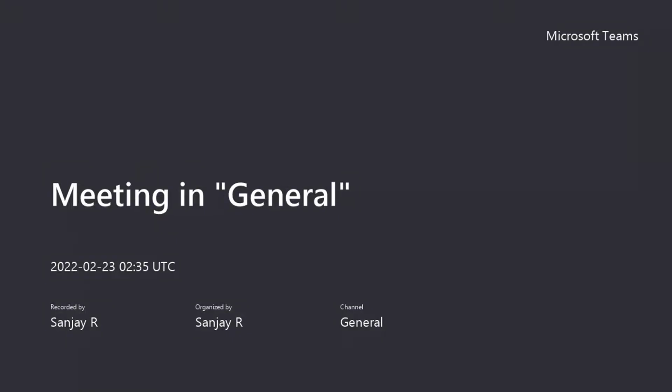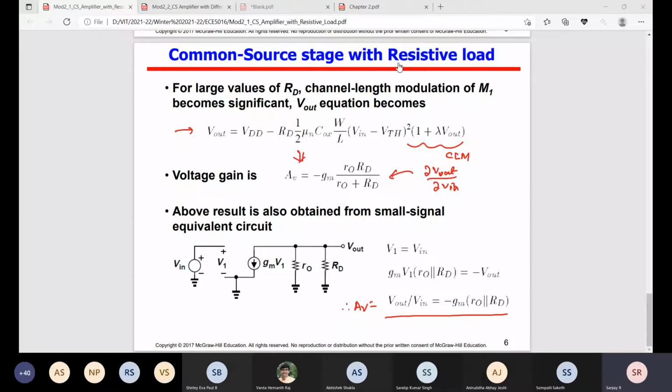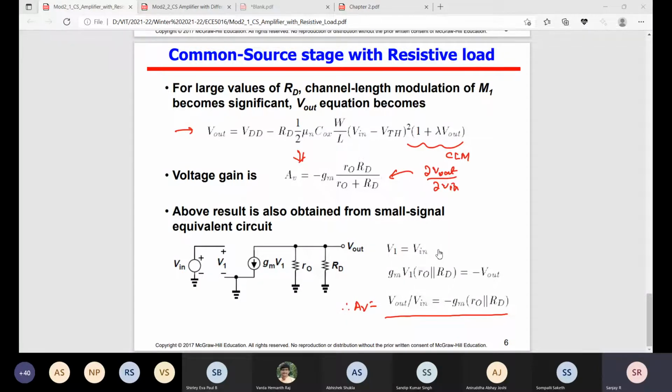So last class we discussed the common source amplifier with resistive load. We derived the large signal analysis and discussed the gain. Using the small signal model, we derived a gain expression. So we came to know that the common source amplifier is an inverting amplifier with a gain of minus gm